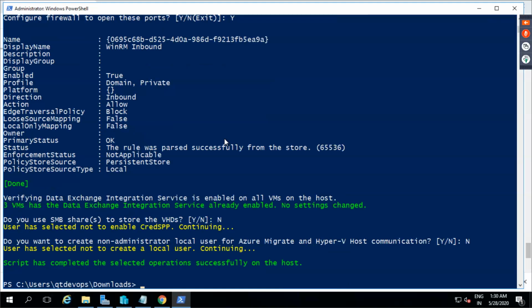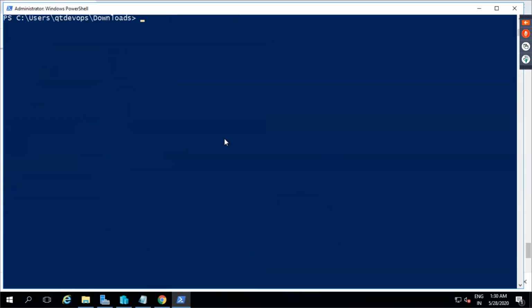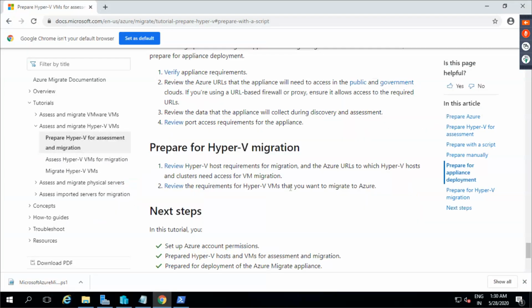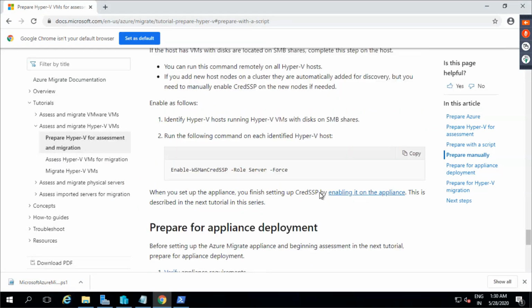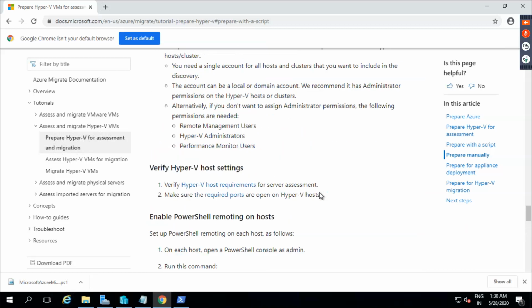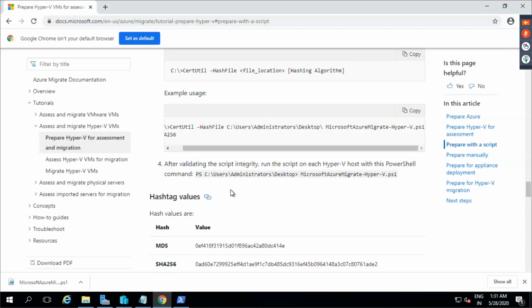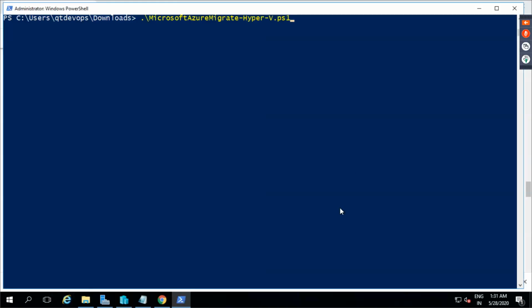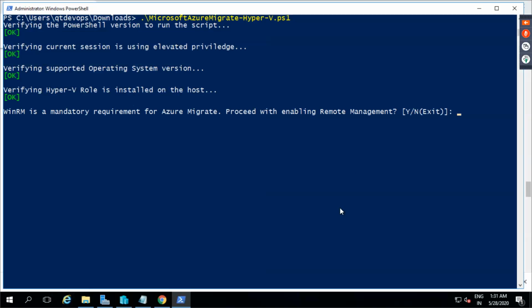So you have done this activity. So look at the options, right? After this, you have to download the script and run the script. Okay. So when you run the script, remember the options. I'm rerunning it. Okay. It is trying to tell that WinRM is a mandatory requirement. Do you want to enable?